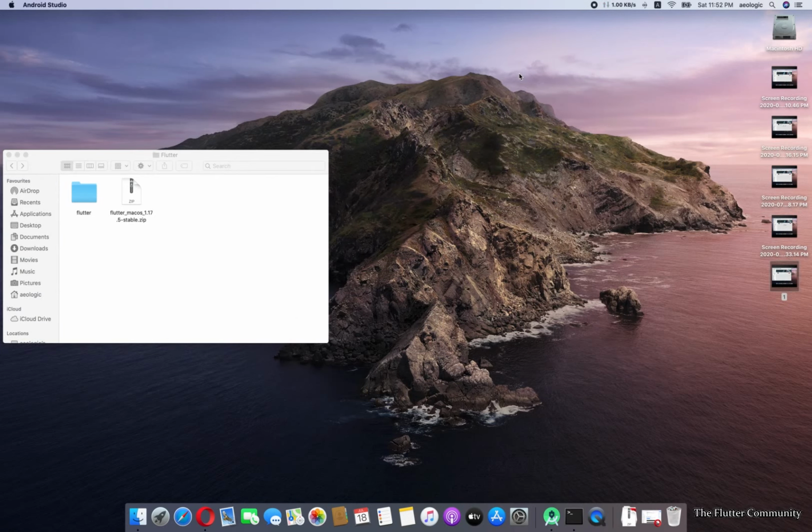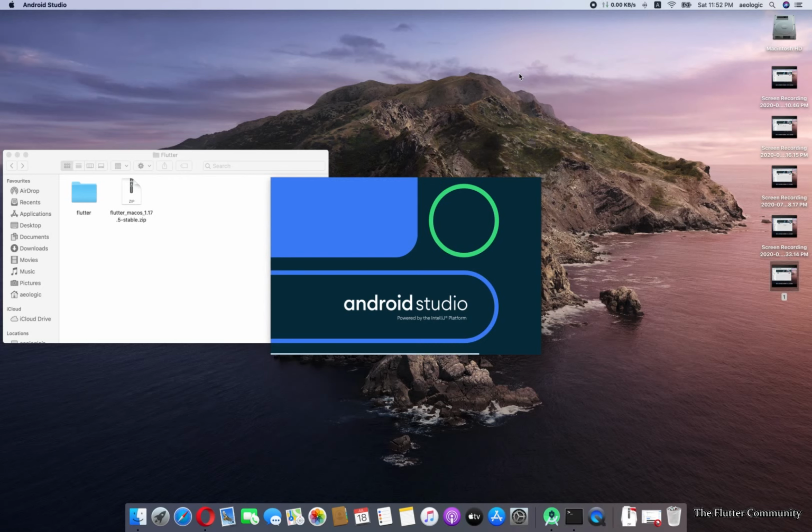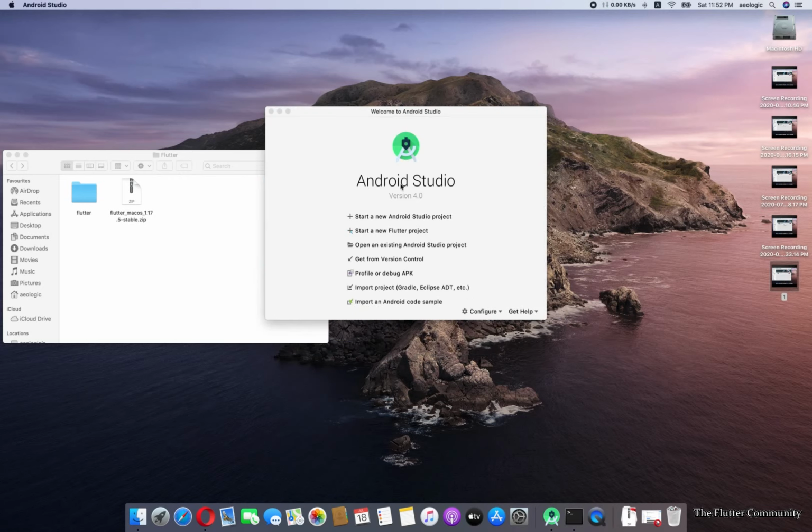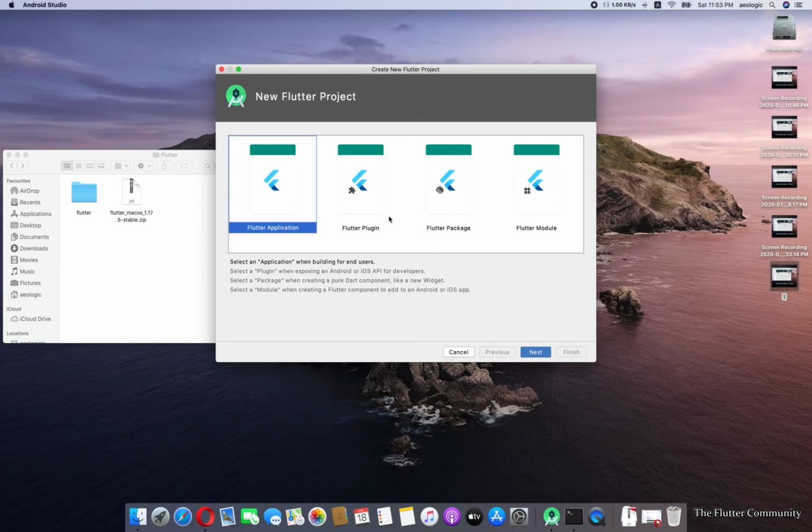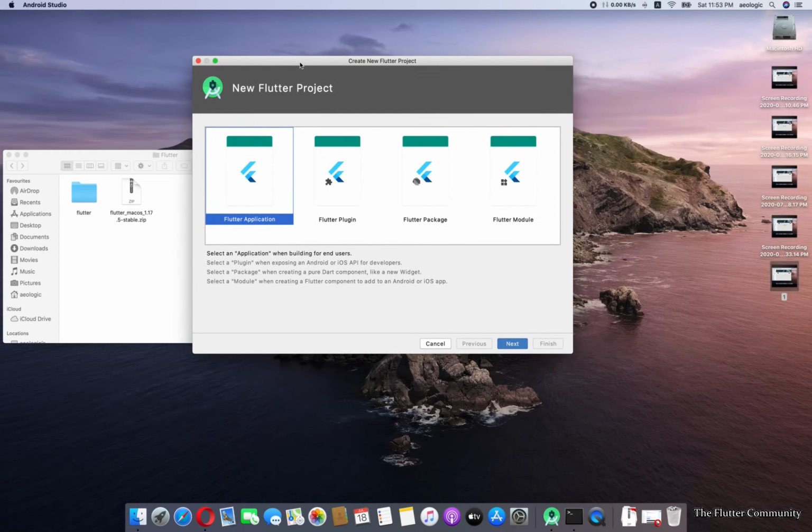After restarting, you will find the option for Flutter development. Here is the option, start a new Flutter project. I'm going to create one new counter application that Flutter already gives. Here you will find four options: Flutter application, Flutter plugin, Flutter package, and Flutter module.